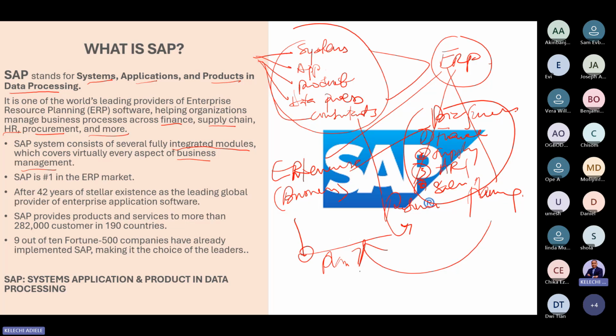So don't forget, it involves different business functions. It involves systems, applications, products. It also involves planning. So when you call yourself an ERP consultant, you have these three cardinals, these three major definitions in your mind. You are somebody who understands business process, you understand systems and applications, and you can use the system to plan effectively. That is who an ERP consultant is, by definition of the word ERP.